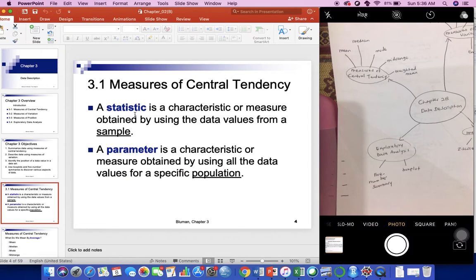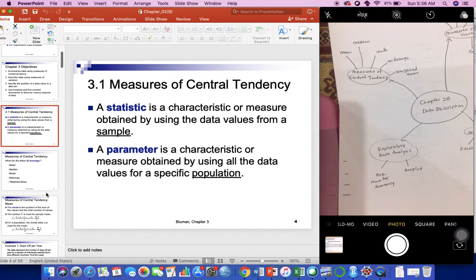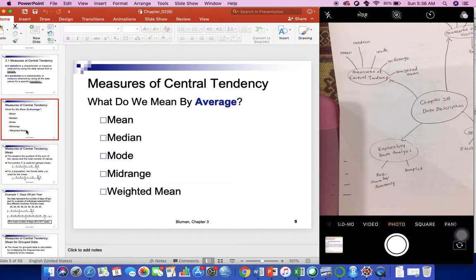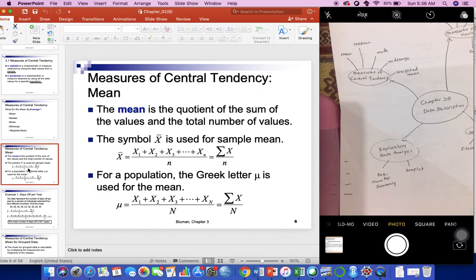A statistic is a characteristic or measure obtained by using the data values from a sample. This one we already learned in chapter 1 last 2 weeks. Also, a parameter is a characteristic or measure obtained by using all the data values for a specific population. This one we also covered in chapter 1. So in measures of central tendency, we have mean, median, mode, mid-range, and weighted mean. Okay, the first one,